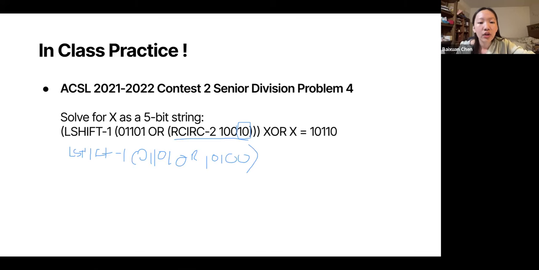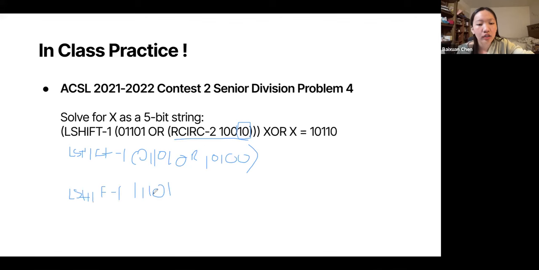Okay, so for or, we make sure that at least one of the digits is 1, right? So then we notice that for the first digit, there's a 1 on this one, so it'll be 1. And then for the second, there's a 1 here, so it'll be 1. And then for the third, they both have 1, so it'll also be 1. And for the fourth, none of them have 1, so it'll be 0. And for the fifth, this one has a 1, so there will be a 1. So it'll be left shift 1